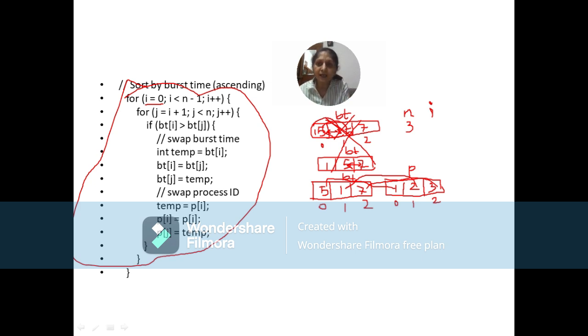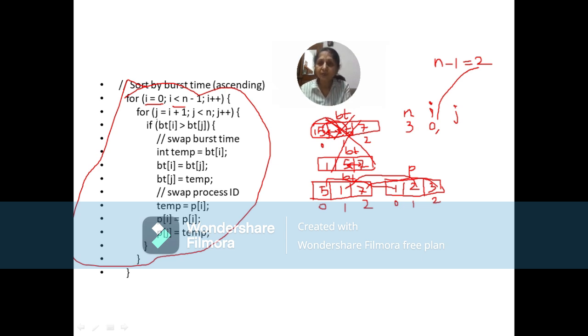So we have the variable I and we also have one variable called J. Now what is the value of I? 0. Is 0 less than n minus 1? What is n minus 1? If n is 3, then n minus 1 is 2. The outer for loop, which has the variable I, is checking the condition for n minus 1. I is 0. We are checking: is 0 less than 2? Yes.